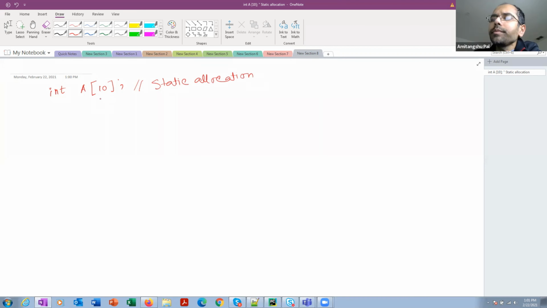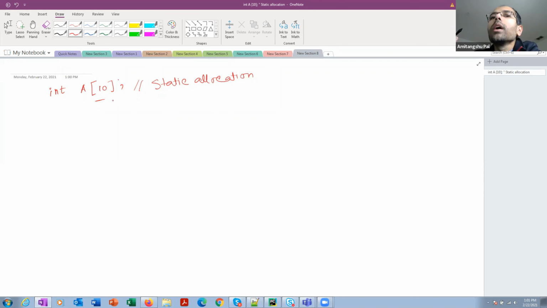Now, suppose I do not know how many bytes need to be allocated. Suppose I'm asking the user to enter the size of the array, and I'm allocating sufficient bytes to accommodate that many integers. In that case, I cannot write a[10] because I don't know whether the user will enter 10, 20, 30, 100 or something.